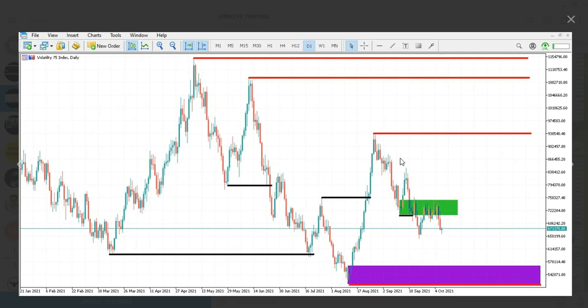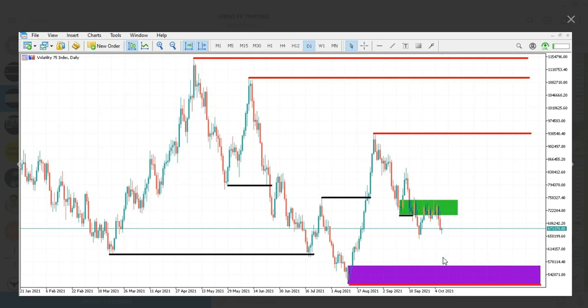Okay, as we can see here, we have V75. The move started here, and then it pushed up, and then this market was broken here. So this is the break of market structure, because we have a low, we have a high, and then we have a lower low here, which is below this low. So that's a lower low, and then it's the same thing here: low, high, lower low. But things changed here. Here we have a high, we have a low, and then we have a higher high.